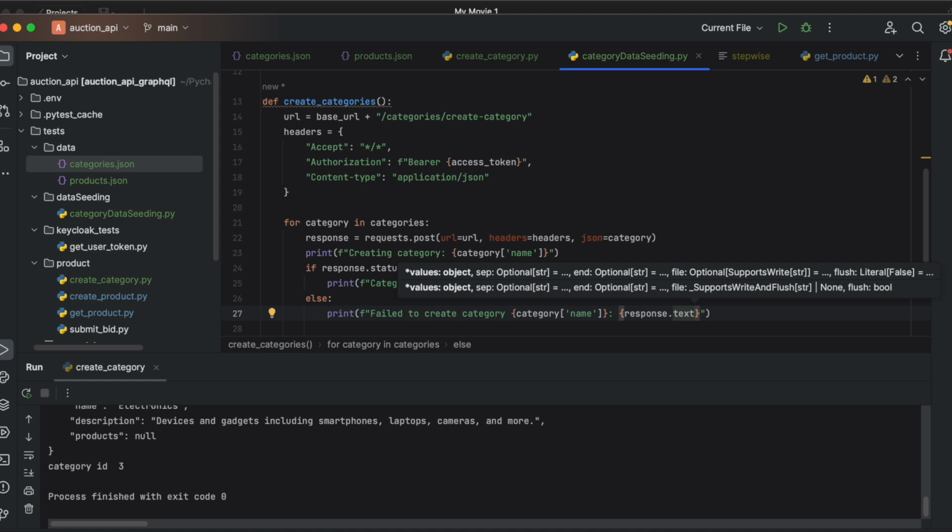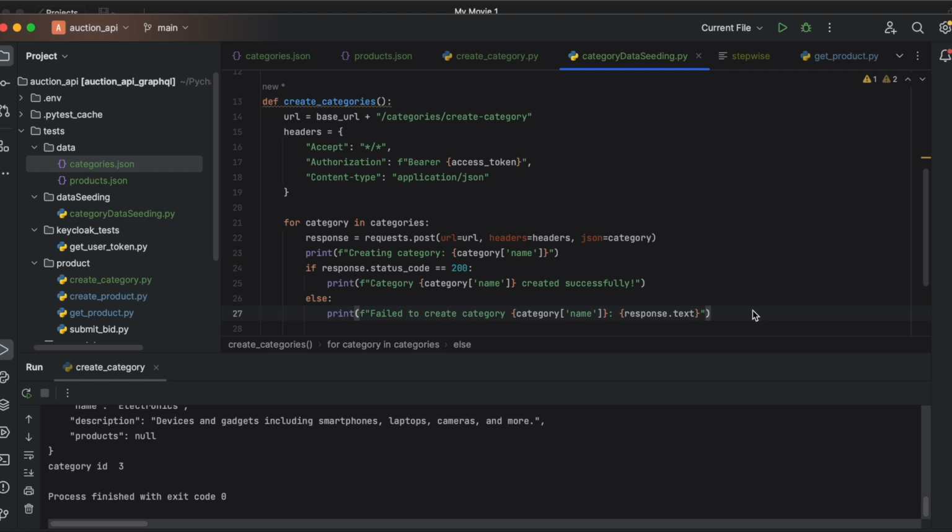And they are all inside a string, so it should be fine. And then